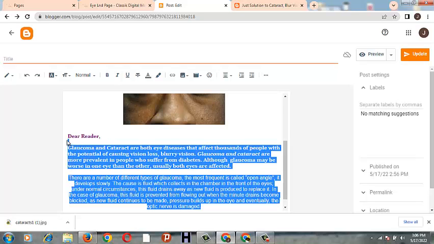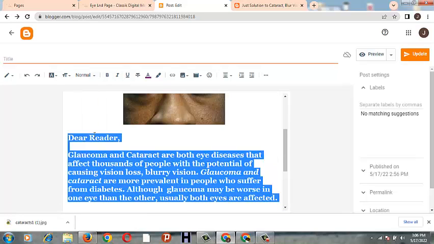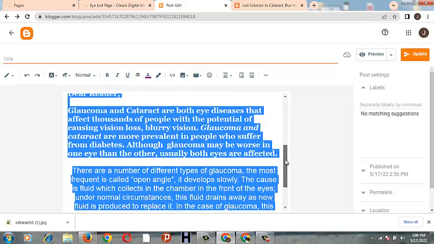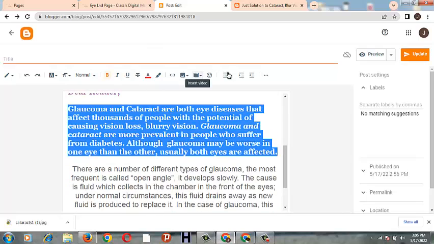So you can make it bigger. Because this customer that are coming here, they have to be able to see clearly what we are trying to tell them. Make it large and make it large. So this one now, you can make it